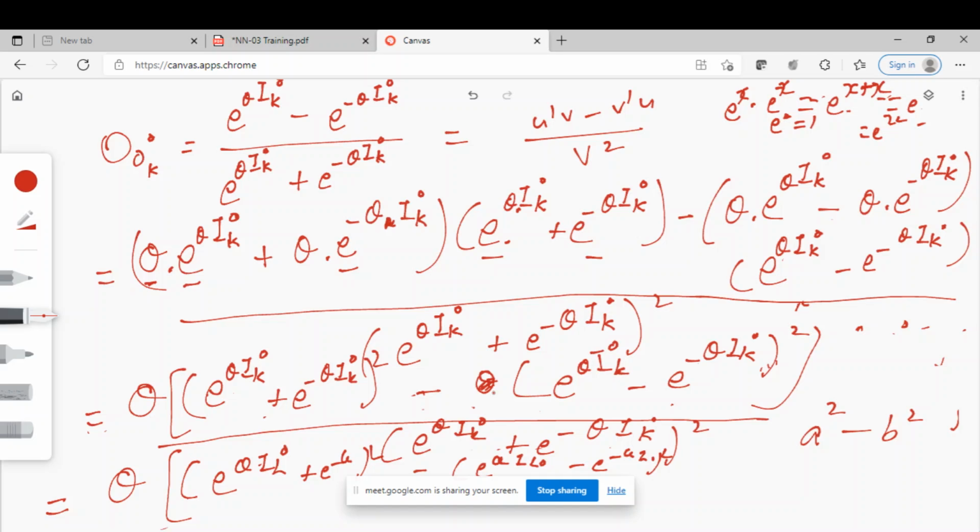Now you see this part. Now you see this numerator and this numerator. This is same as what? This is same as our original equation for this thing. Okay, this part. So this is nothing but OK. This is nothing but OK, the whole square, right? The square is there. Apart from that, there is a square. Okay, right?